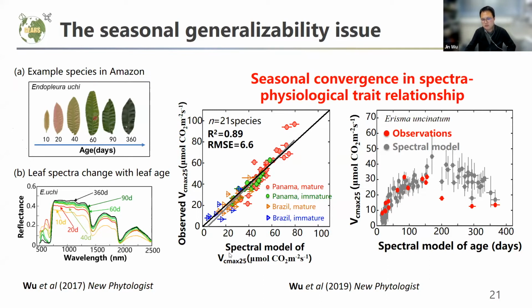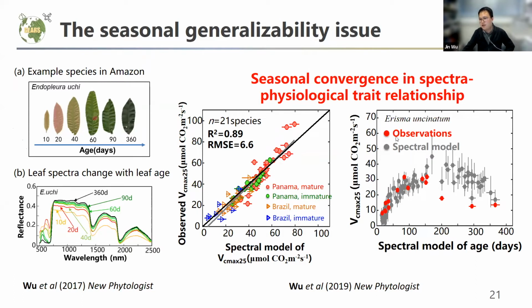The X-axis here is the spectral-predicted risk map, and the Y-axis indicates the likely derived risk map, which is used as the ground benchmark. And for the last panel on the right, if we can use the spectral data to infer the leaf age, at the same time we can also infer the risk map from the regular spectral measurement. And when we overlay them together, like the gray colors, just based on the spectral models, it can almost monitor how the risk map changes along the entire leaf age cycle of the plants.